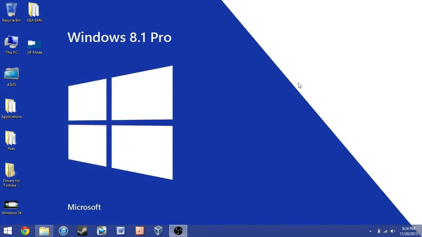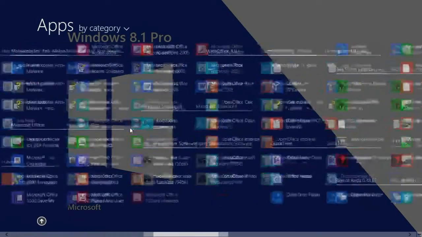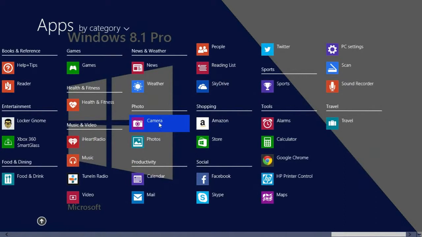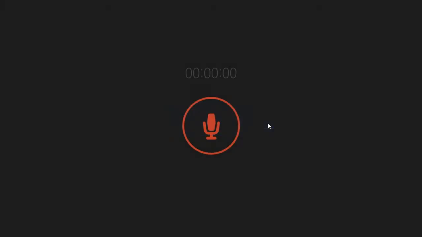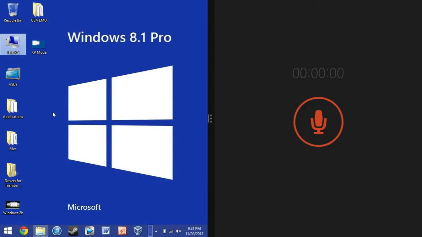So it now has a 50-50 split on the screen. Wow, 50-50 split on the screen. So let me go ahead and open up a modern UI application, such as the sound recorder app. So if we put that there, go over here and open up the desktop, you see we have access to that. And I can still do a bunch of stuff on here. As you can see,